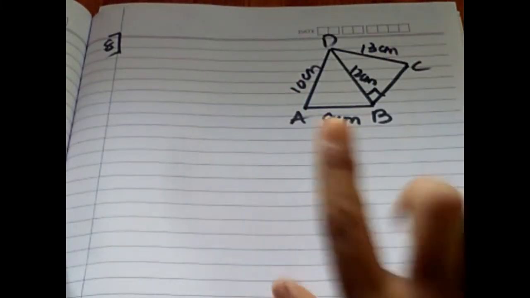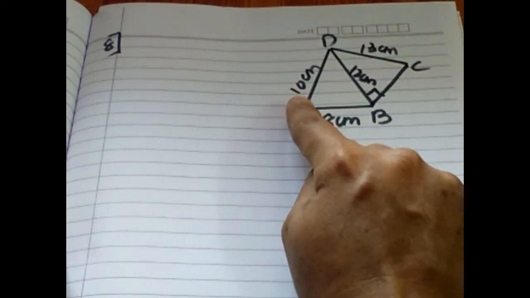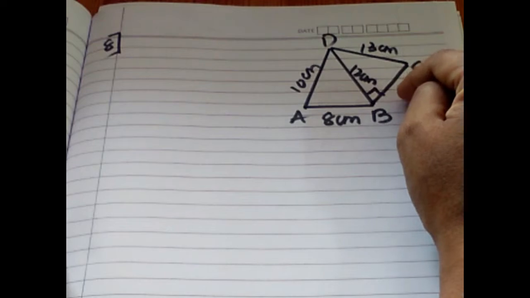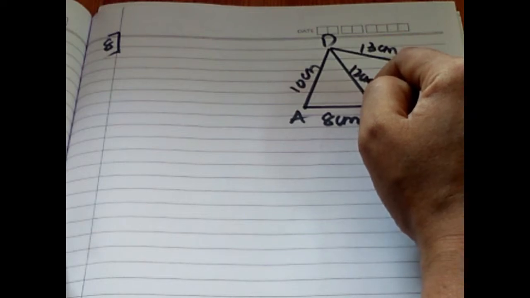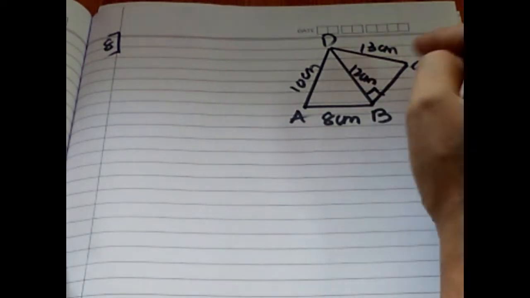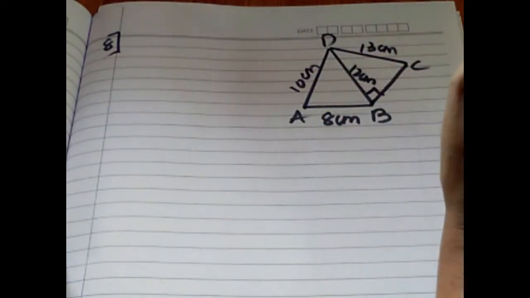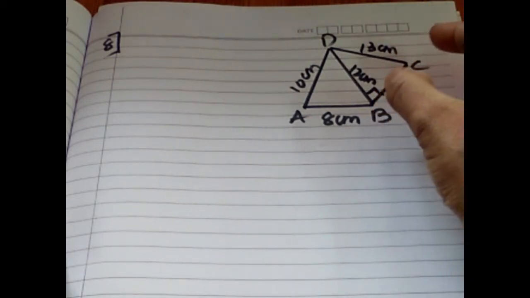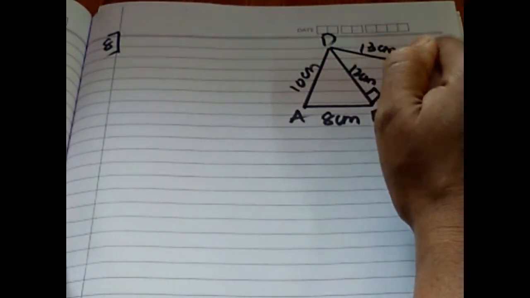So perimeter is very simple. I need to find the sum of all the 4 sides, that is AD, AB, BC, CD. In this, BC is unknown. So how to find BC? BC is a part of triangle BDC. Angle B is marked as 90 degrees. Now you should get the point. Your mind should click. Once it is a right angle triangle and one side is missing, what to use? If you are right, it is the Pythagoras theorem. So if by using the Pythagoras theorem I find BC, I can find the perimeter of quadrilateral ABCD.